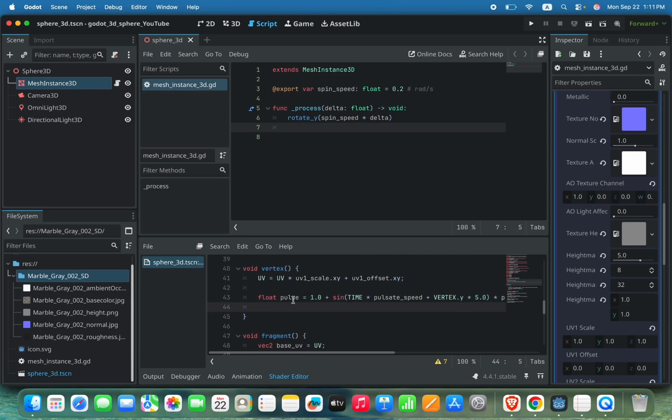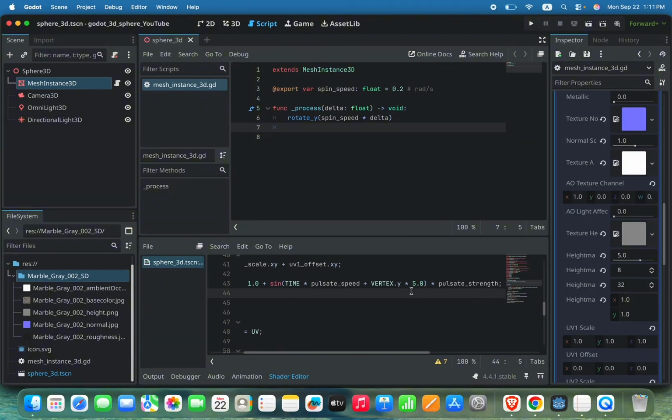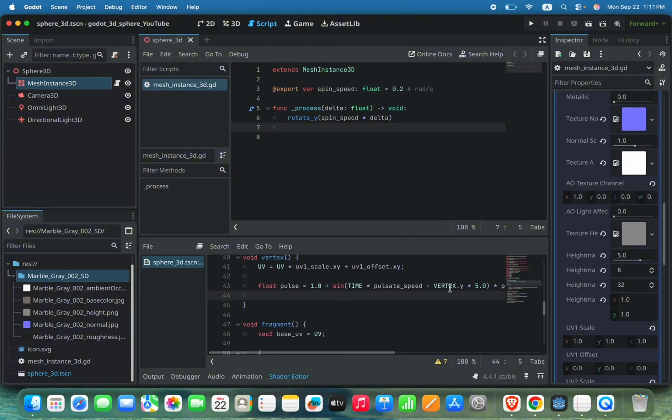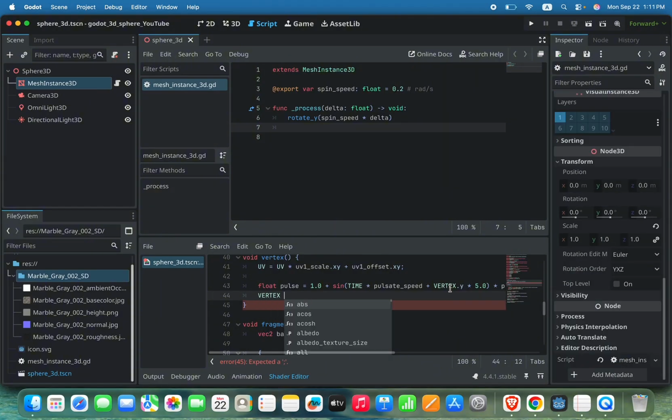So this is just a variable, guys, okay? This is a pulse variable. So we add the value 1 plus the sine of this function times pulsate strength. You can experiment with this and have other effects, by the way, okay? Please experiment. And then all we do is add to our vertex, which is stationary, plus equals, which is a C++ convention, normal